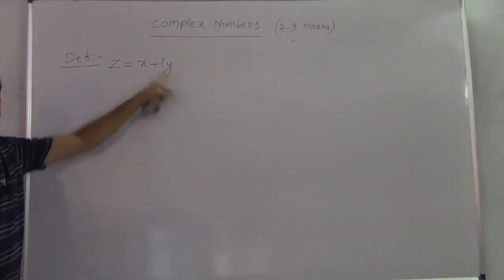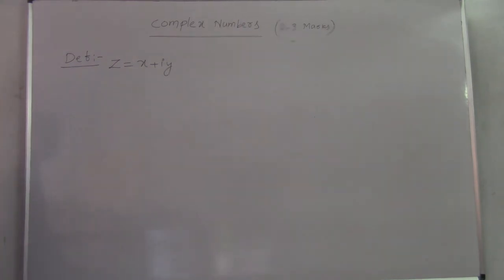You may write a plus ib or x plus iy. Consider z is equal to x plus iy,